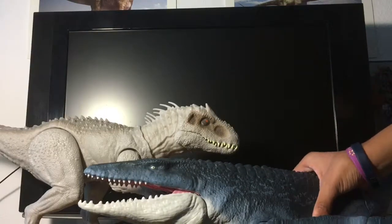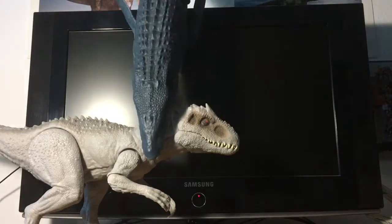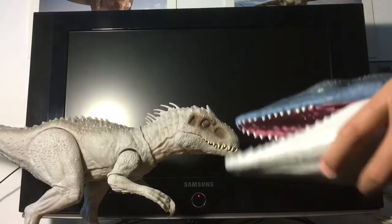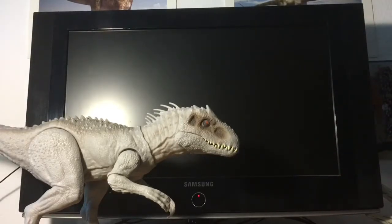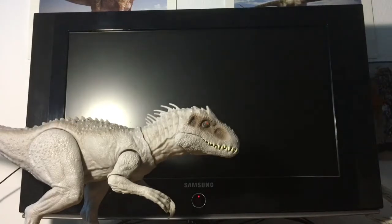And it does open its mouth pretty wide too. So this thing can jump out of the water for those kids and then grab the Indominus and drag it out of the water. Which would be cool to do, but with the Indominus being electronic, it's kind of hard to do. So, finally, last but not least,